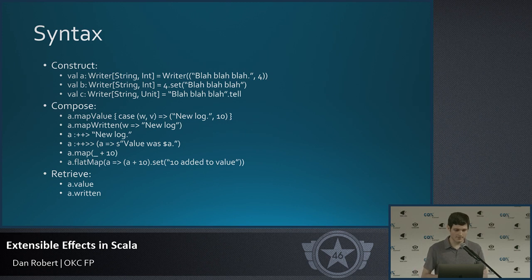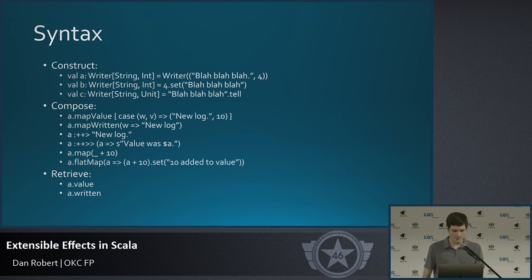So when you're doing a flat map here at the bottom, you'll see this flat map on that a value, where you're saying, okay, take that a value, which is an integer, add 10 to it, and then you have this new log value, which is 10 added to value. Since there's that implicit behavior in the background saying what to do with those strings, you don't have to say explicitly append to this string. It'll just by default have that semigroup logic in the background that says append to the string